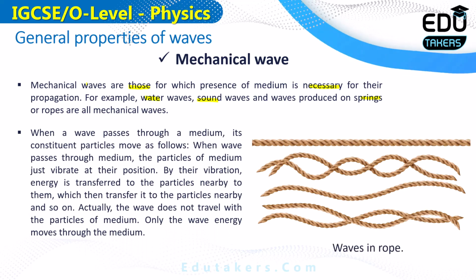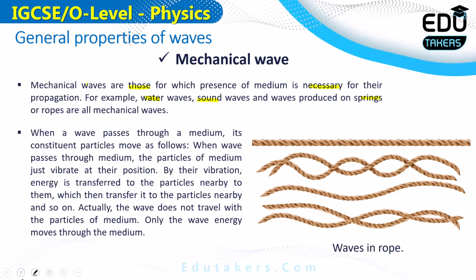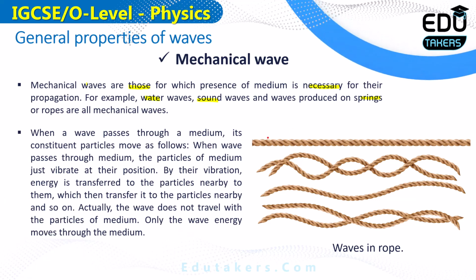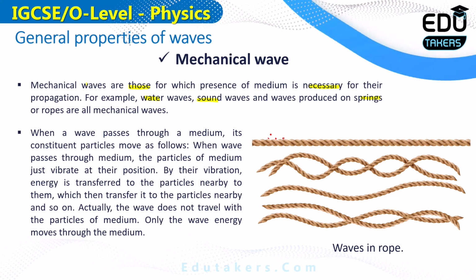How are waves produced in a string? When you have to produce waves in a string, you need to produce a vibration. When you produce the vibration, the particles of the string collide with each other and transfer energy to the next particle. In this way, energy is transferred from one point to another in the string. When energy is transferred from one point to another, it means that a wave is produced. Basically, the wave does not travel with the particles of the medium.